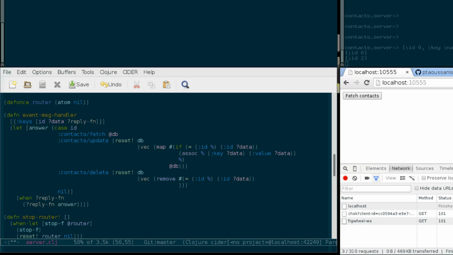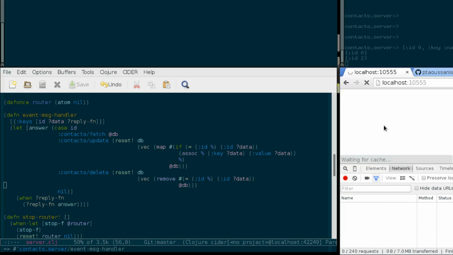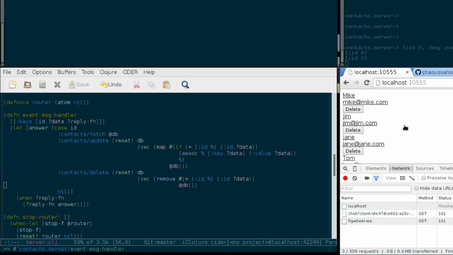And we of course have to tell remove what to iterate over once more, which is the value of db. Once again, compile it, reload the page, and now